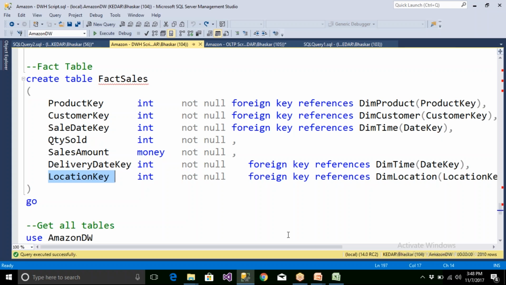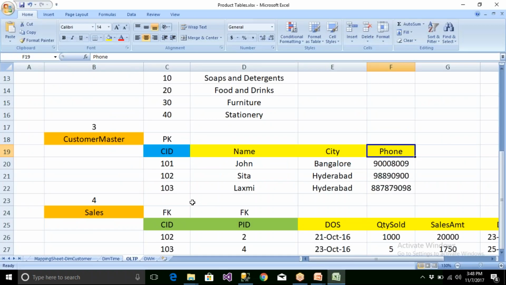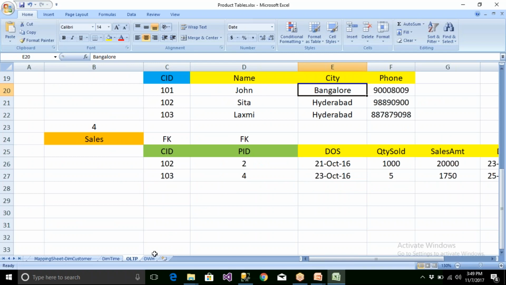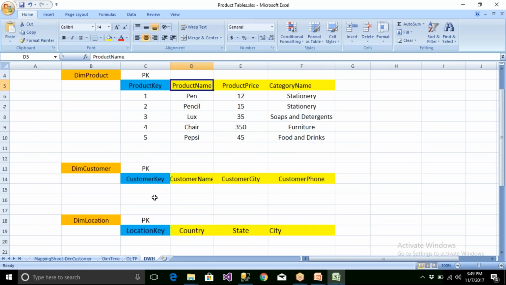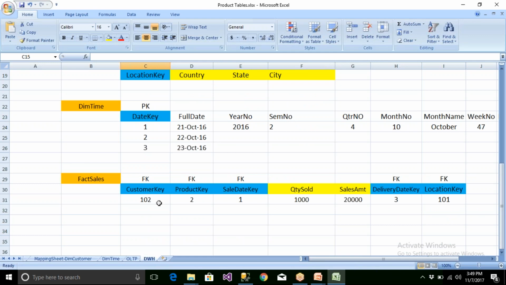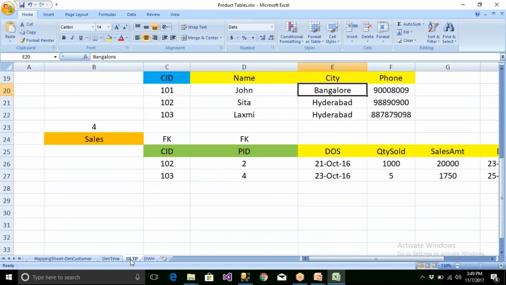So my point is here that, for example, John belongs to 101, so he belongs to Bangalore. Whenever you insert 101 here, 102 here, for example, 102 is Sita, she's from Hyderabad, right?